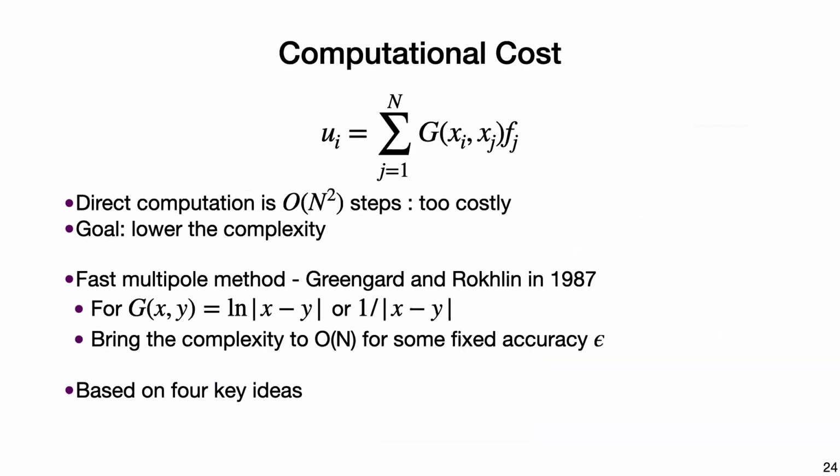Yeah, so direct computation is order n steps, which is too expensive. We want to lower the complexity. And the main parameter, the accuracy parameter in the FMM is epsilon, which shows up in the constant in this order n. Basically the epsilon corresponds to the number of terms that this thing gets expanded. For our purposes, we're not going to consider where these functions came from. It's just the high level idea is that,